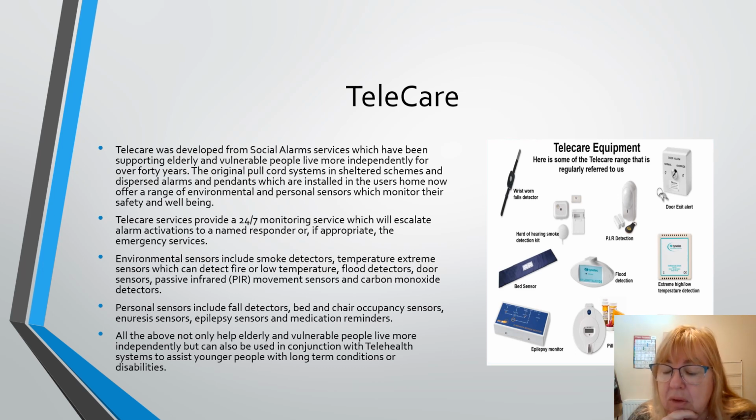Or some of them, because of their dementia, would maybe forget to turn the heating on as well. So you can have a high-low temperature detection. If the temperature's gone too high, that it's going to be detrimental to your health, or if it's too low, it will alarm at the service that's monitoring it, and they will know that something's not right, and they will probably come and do a visit, or maybe send a community nurse out to see, depending on